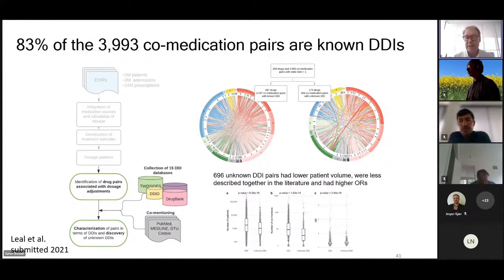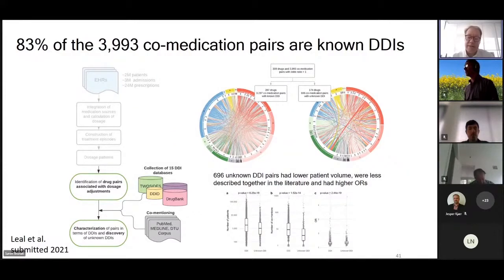So out of these 309 drugs that survived this analysis, 287 and then their co-medications corresponded to known DDIs. And then, of course, we have 17% left. And one possibility is that these are representing yet unknown drug-drug interactions. And so what Christina did here was to, for example, look at the patient volumes